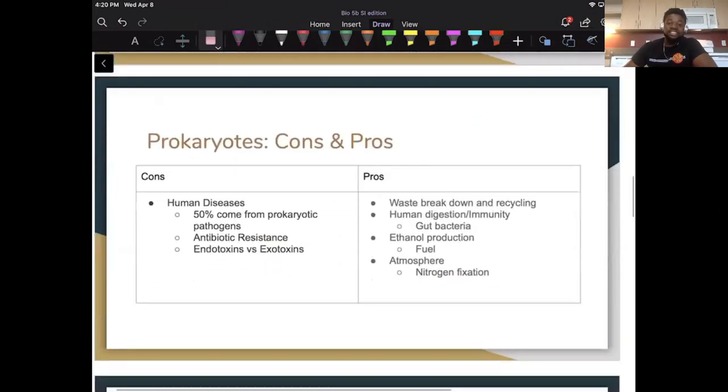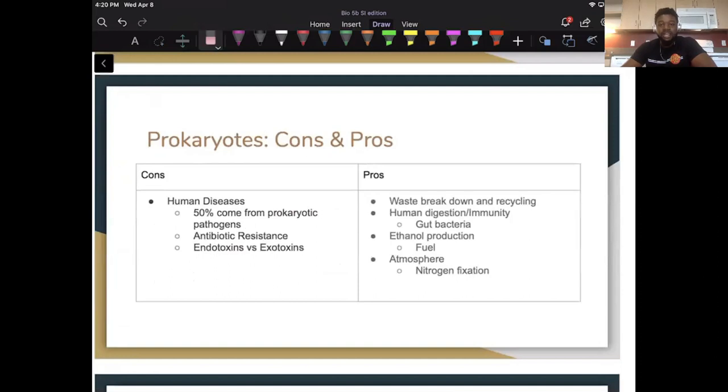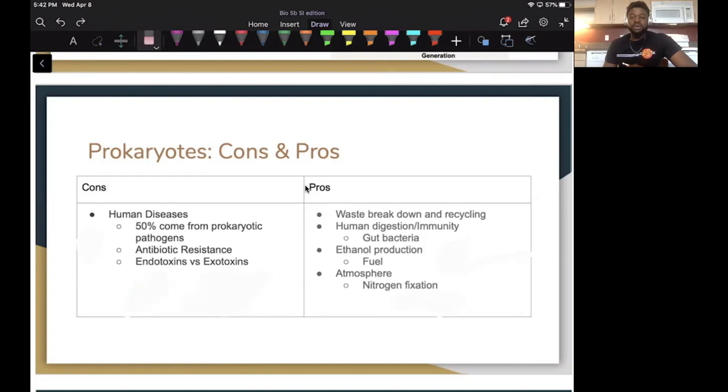Moving on to the next thing, we're still talking about prokaryotes, but with almost all things in life, there are pros and there are cons. I'll start with the cons because those are a little bit more well known. The biggest one that we focused on would seem to be human diseases, and 50% of all human diseases seem to have originated from prokaryotic pathogens. They've killed a lot of us off in human history, a lot of plagues, a lot of bad stuff, and it's been difficult. We've come up with antibiotics, but another